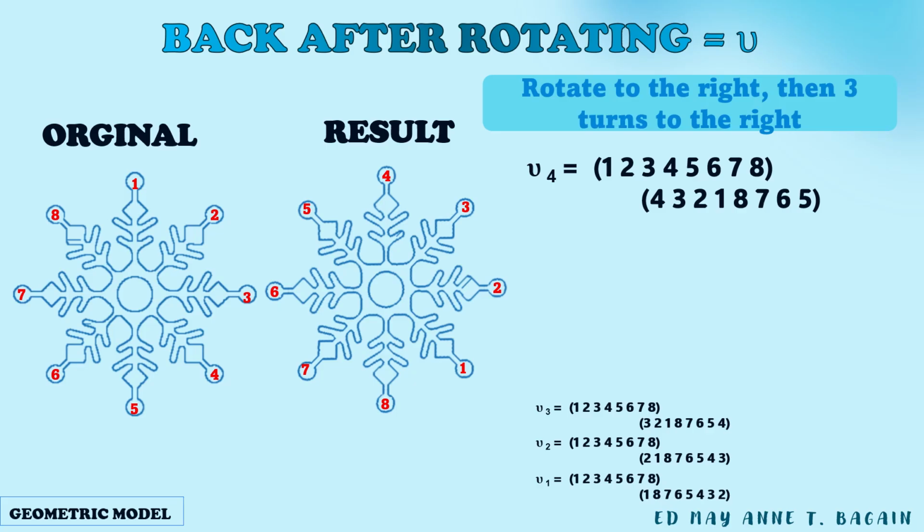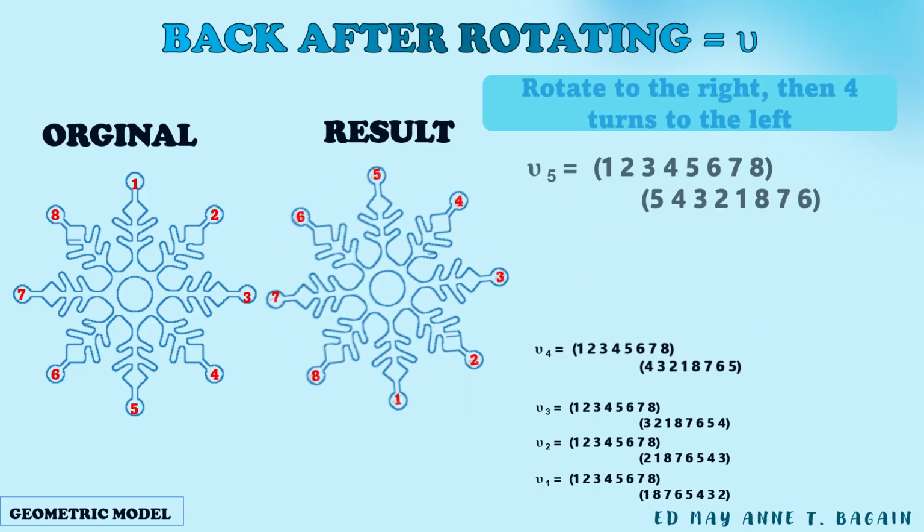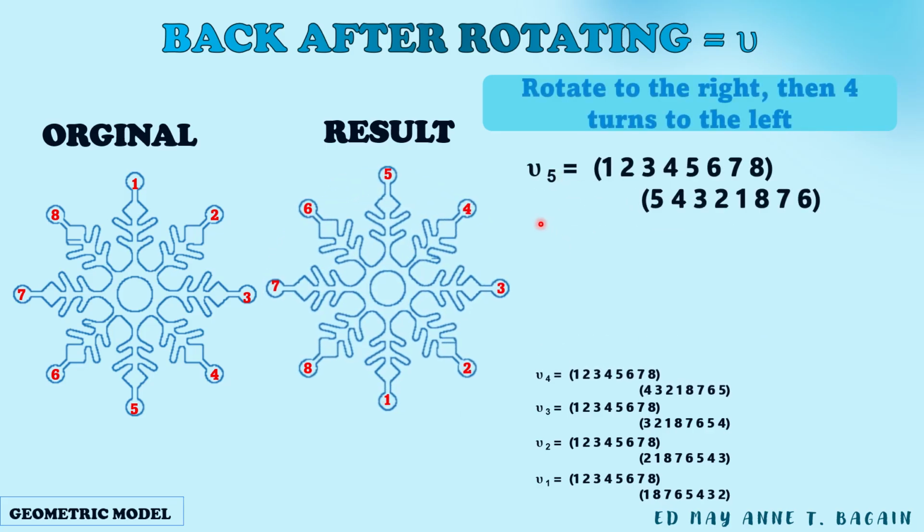Next, we have this one, the epsilon 5 or epsilon sub 5. We rotate it, or we turn it, 4 turns to the left. So 1, 2, 3, and 4. That's why we have here the 5. That's why 5, 4, 3, 2, 1, 8, 7, 6. Correct? So we will be doing the